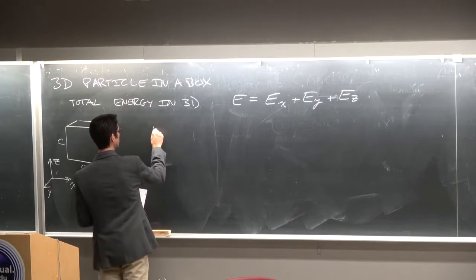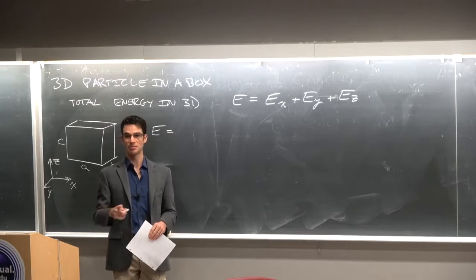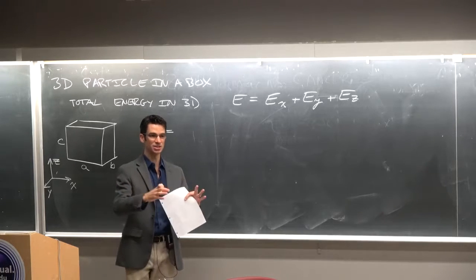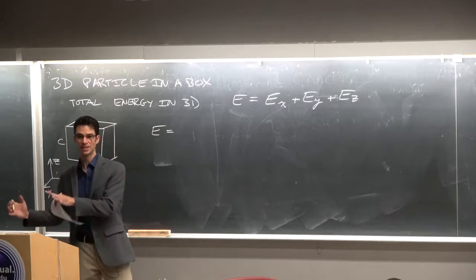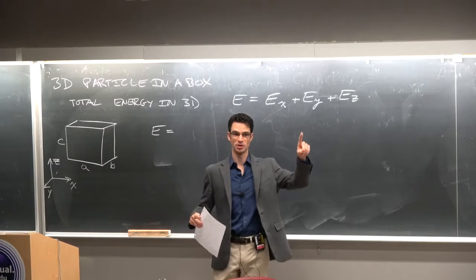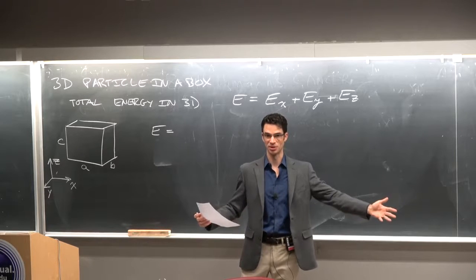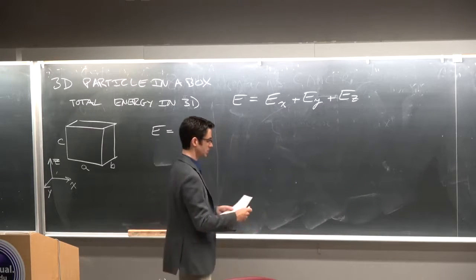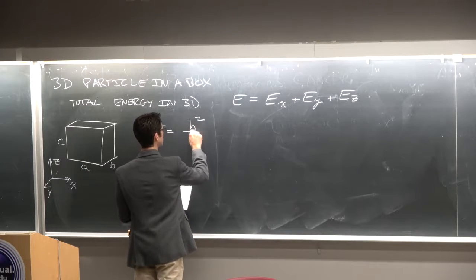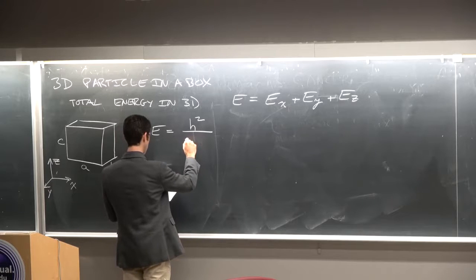So the energy, last time we had n squared h squared over 8ml squared. But if you factor out the h squared and the 8m, you have nx squared over a squared, y squared over b squared, and then z squared over c squared, that gives you the total energy along each axis. So we have h squared, which is Planck's constant, 6.626 times 10 to the minus 34 joule second,